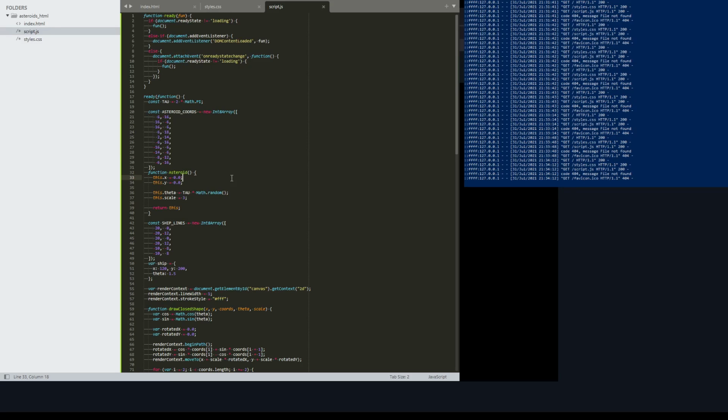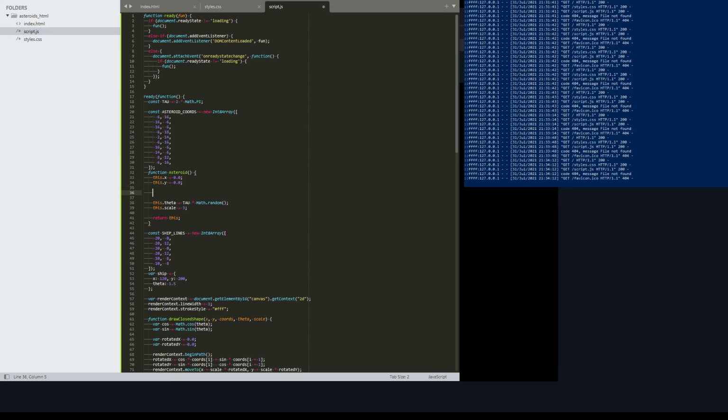I'm going to say, so let's initialize these. Boy, I'm trying to think of the best way to do this. I'll leave those alone for now. I think we're going to have two cases. We're going to say it's going to be random again. So we're going to say math.random, if it's less than 0.5,